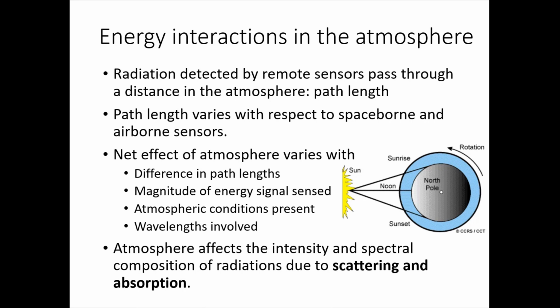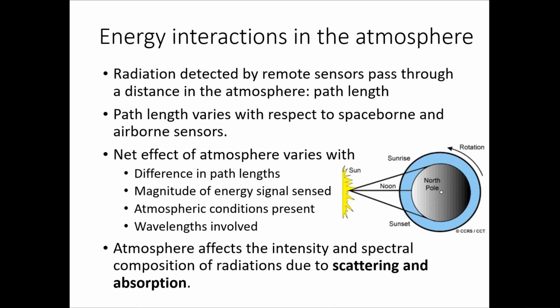The light travels from the sun, falls on the earth feature, travels through the atmosphere and falls on the earth feature, then it is reflected back and sensed by the satellite, right? So before the radiation used for remote sensing reaches the earth's surface, it has to travel through some distance of the earth's atmosphere, and in that atmosphere there are particles and gases that can affect the incoming light and radiation.